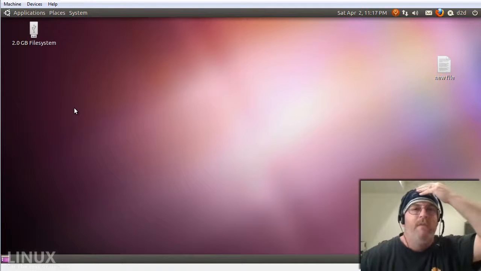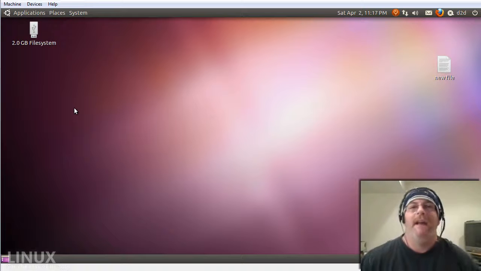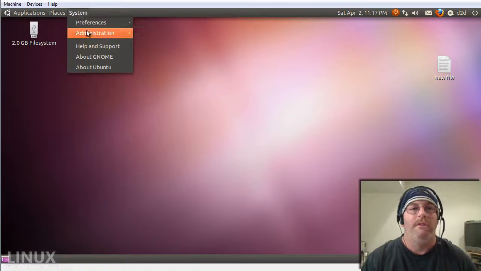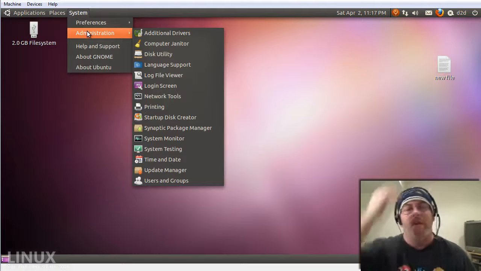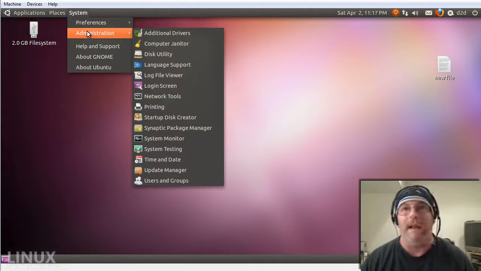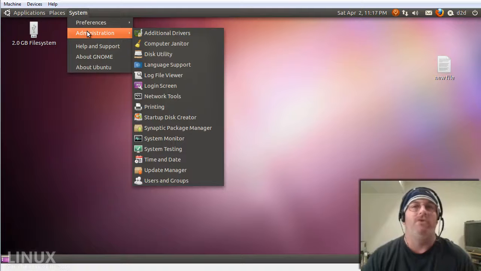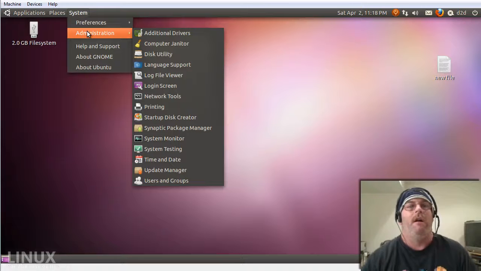Hello everybody. In this video we're going to go over how to format a partition, a secondary internal drive, a thumb drive, or reformat it actually. All you got to do is go to System Administration if this was a live CD, and there'd be a tool there called gParted Partition Editor. This is the same tool used in many live CDs to partition, repartition, delete partitions, or reformat a partition on